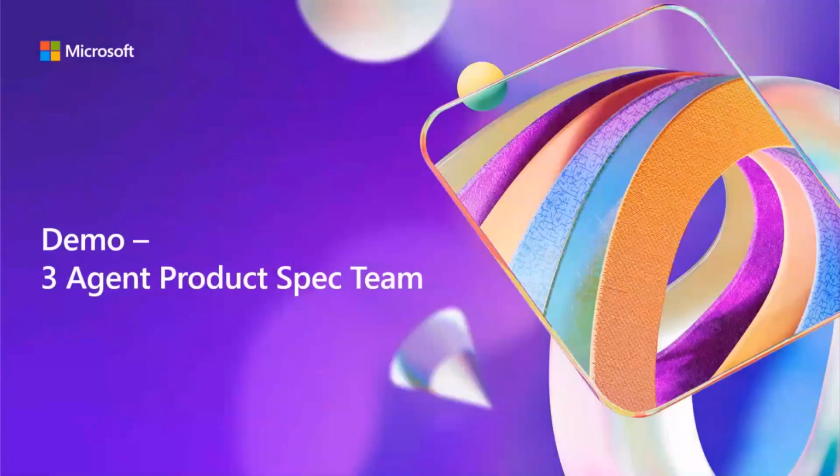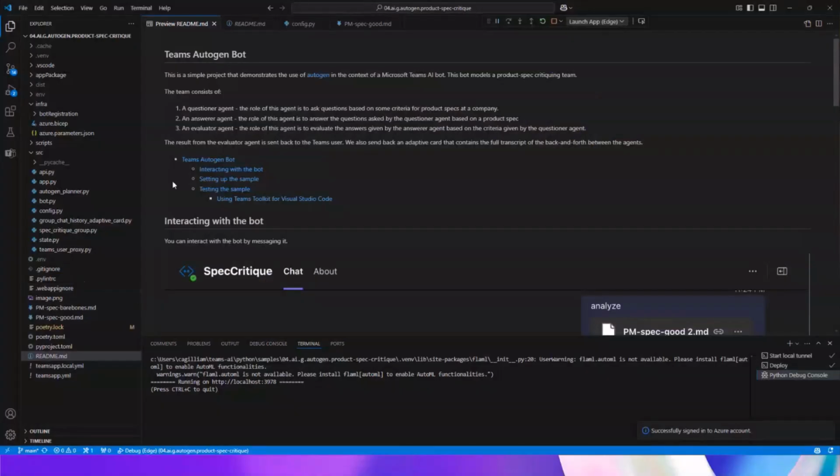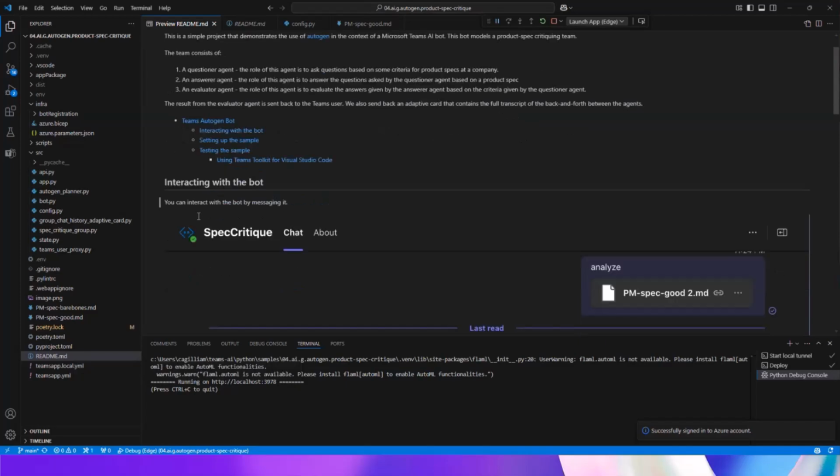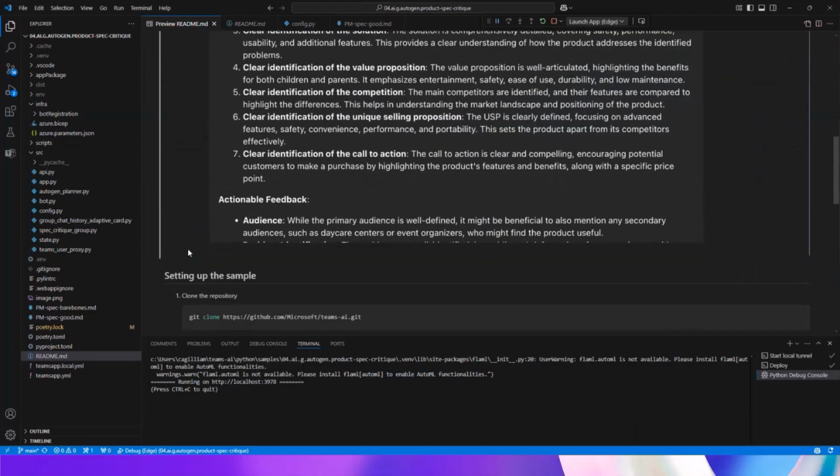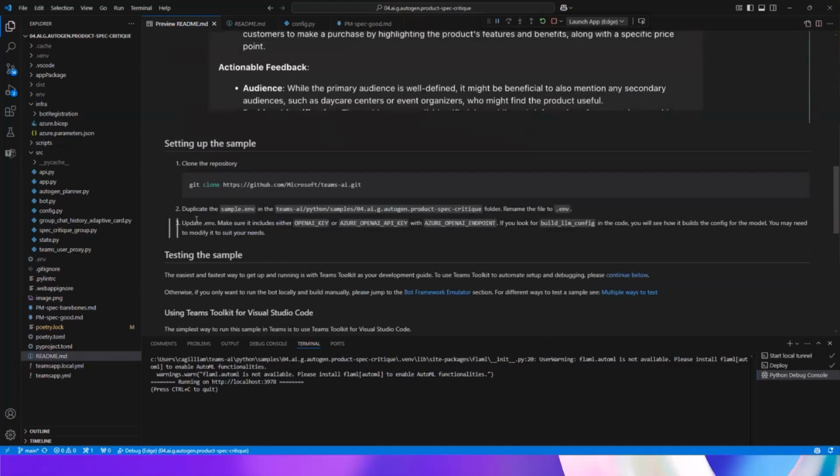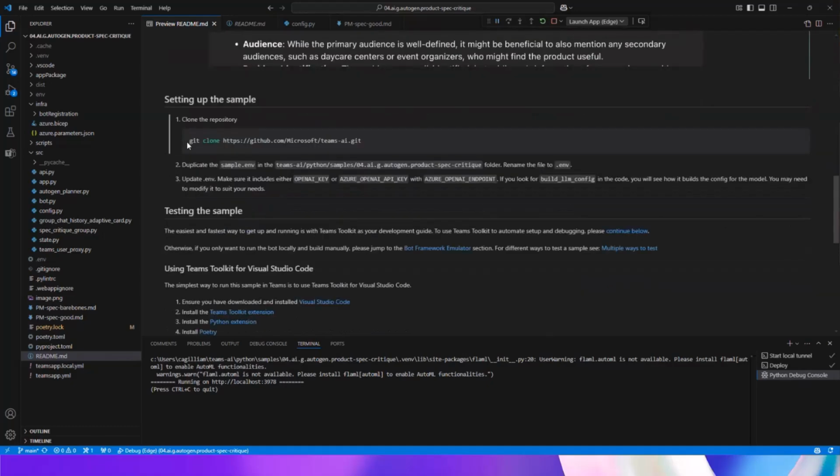All right. Now, granted, with the time, I already have this sample up from the Teams AI library GitHub. And one quick thing to note, the samples here can have a slightly different setup from what you have with the Teams toolkit. So it's always good to start out with the README. To get started with the samples, you can go into the terminal and use git clone on the Teams AI repo from GitHub.